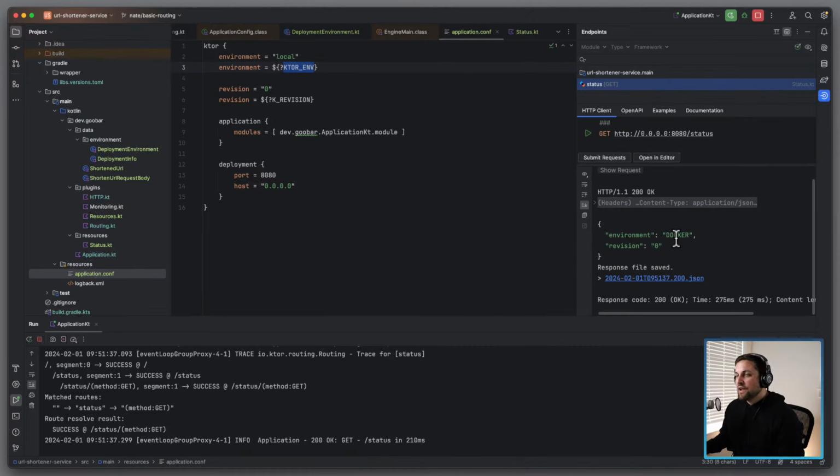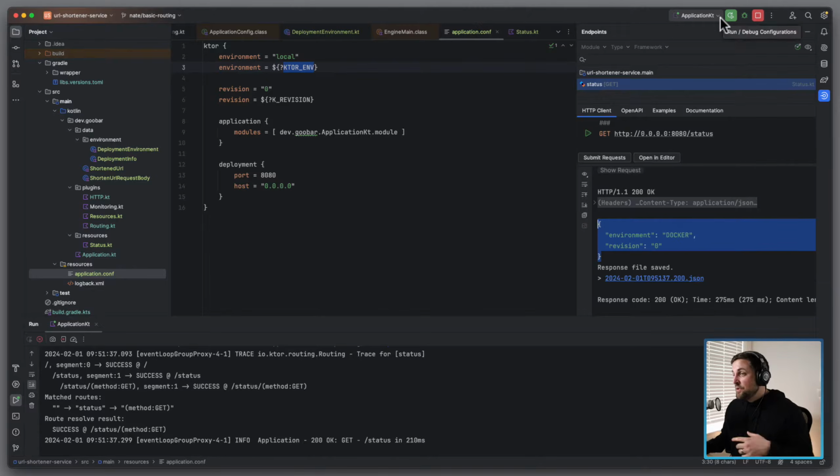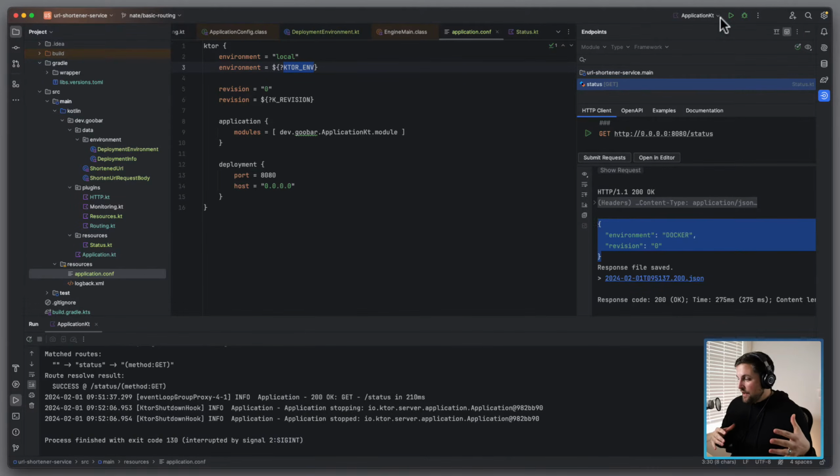Perfect. So it recognized that the environment variable was set. So when the application was built and run, it detected that environment was there and substituted it into the application configuration. And then we were able to read that and parse that into our predetermined set of known deployment environments. And so now when we run this, we see Docker being shown here, which in this particular case is not correct, but it will be useful when we get into different local deployment environment strategies,